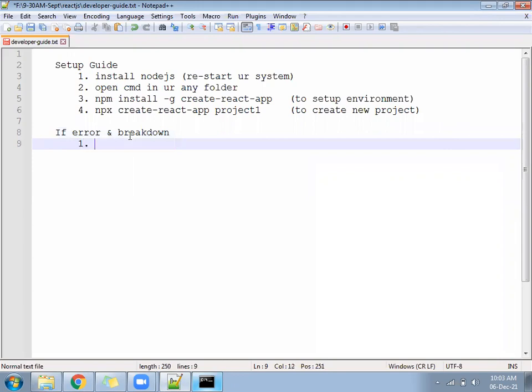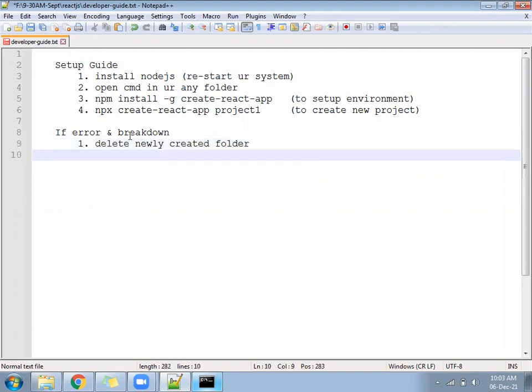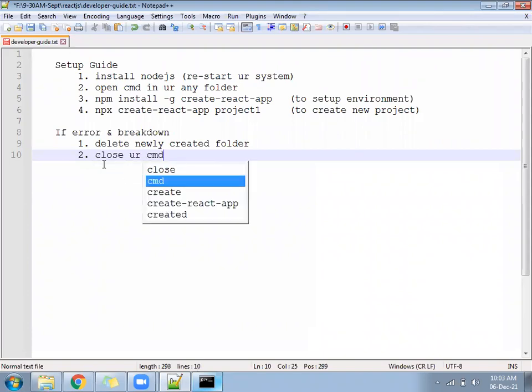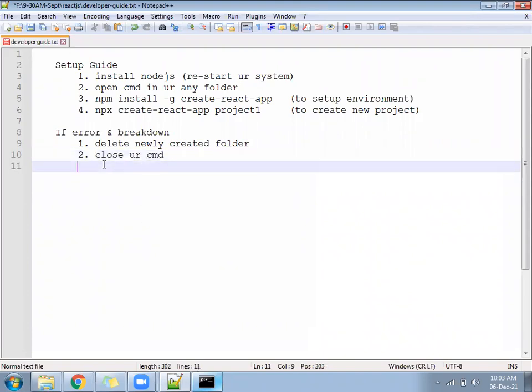Number one, delete the newly created folder. Whichever new folder is created, delete that. Number two, close your CMD.